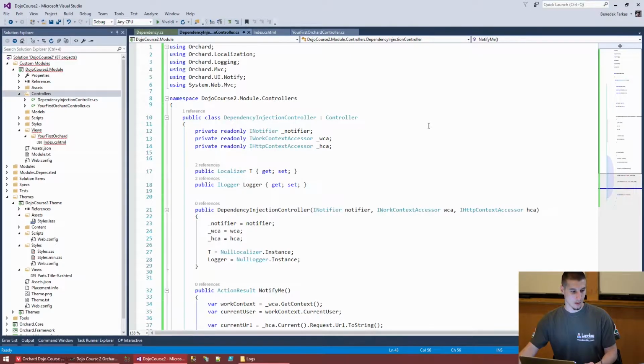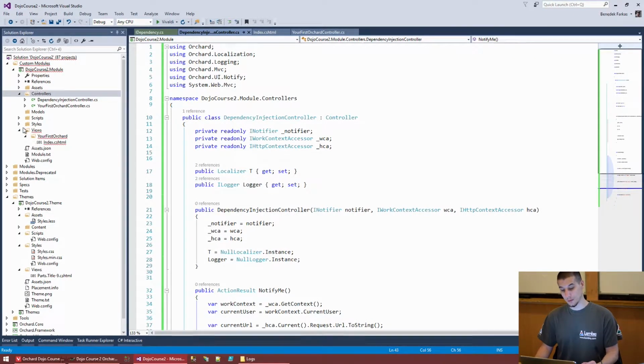Let's look at it. The next thing we're going to do is kind of a bigger task. We're going to create some definitions for the database, what kind of information we want to store, and we're going to create some ways for the user to be able to actually add some input, which will be persisted to the DB. So let's go ahead and